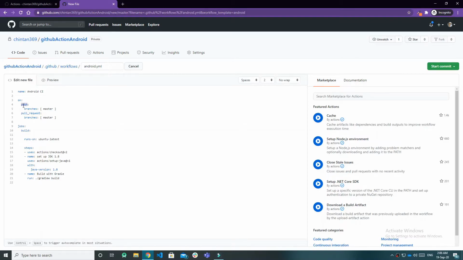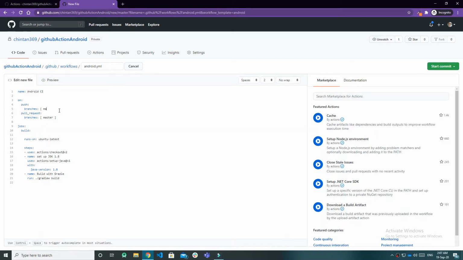In this event you have to specify branches, on which branches you want to trigger this pipeline. So here master is defined. So this pipeline will run only when a pull request to master is made or a push of code to master is done. Here we can define multiple branches too.